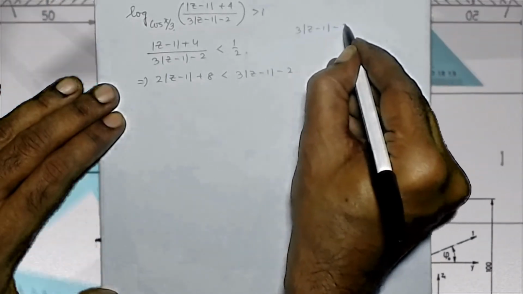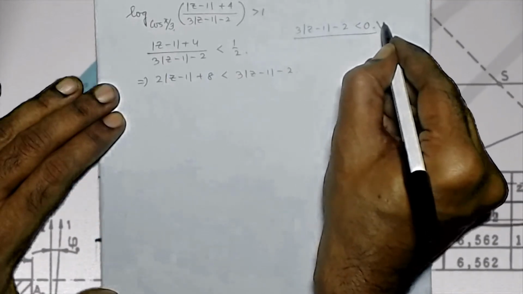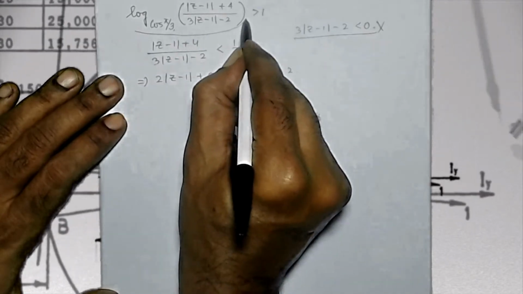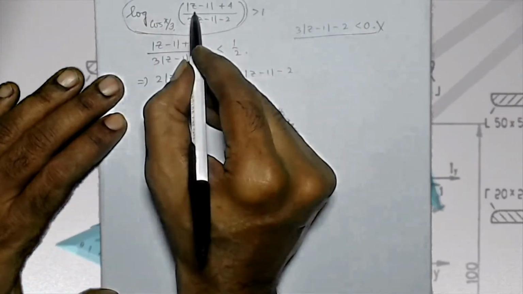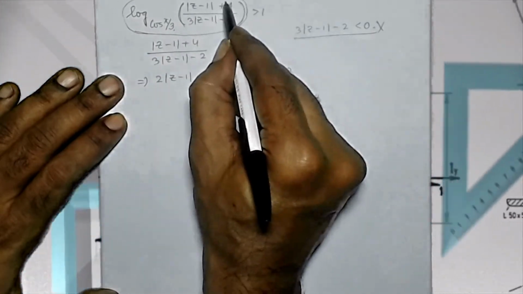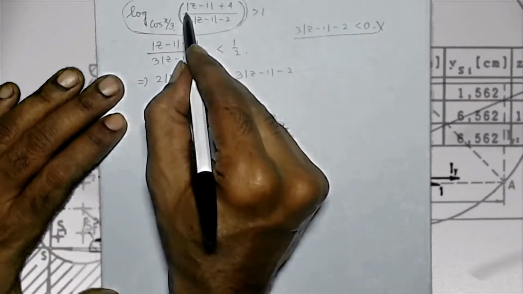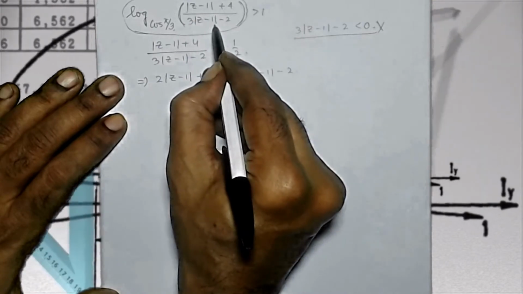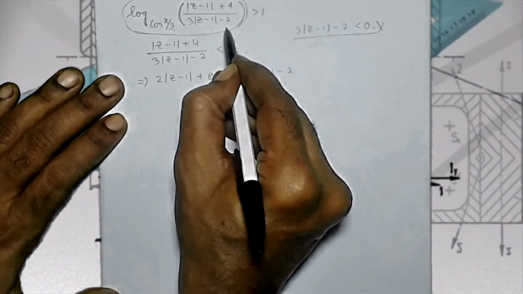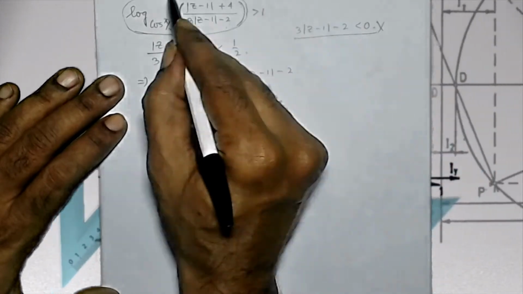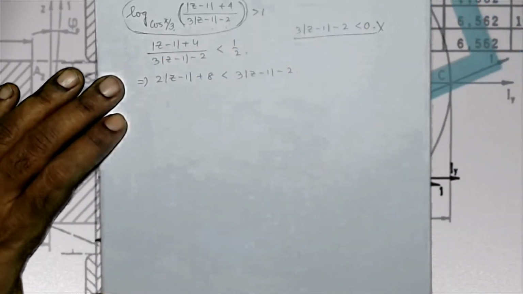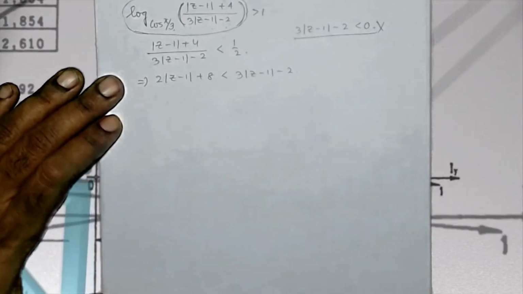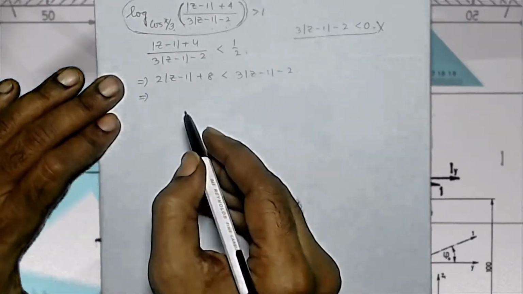3 times mod z minus 1 minus 2 is less than 0. It may so happen, but no, it is not possible. Can you tell me why? Otherwise, this function will not be defined. Why am I telling you? Because inside the log, whatever there is, it has to be positive. Mod of z minus 1 plus 4, guaranteed it is positive. Therefore, 3 times mod of z minus 1 minus 2 has to be positive. Otherwise, this function will not be defined. So that is why I have cross multiplied with 3 mod z minus 1 minus 2. Understand it very carefully. So here we are getting